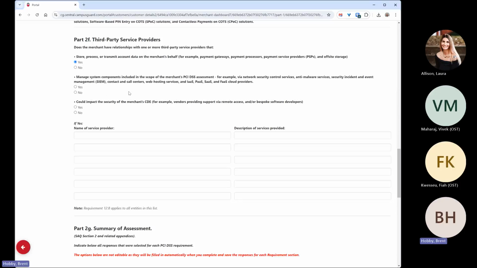if your website is being hosted by Govolution, then we would say yes for the second one. Otherwise, we're going to say no. So if your website's being hosted by somebody, then these next two would be yes. If it's being hosted by the state, these next two would be no. So here we could say if you're using Govolution,